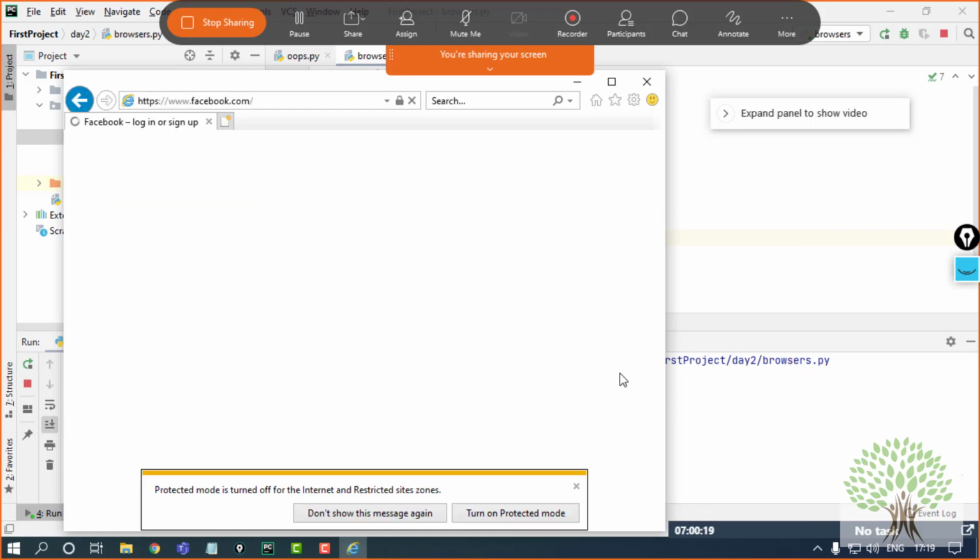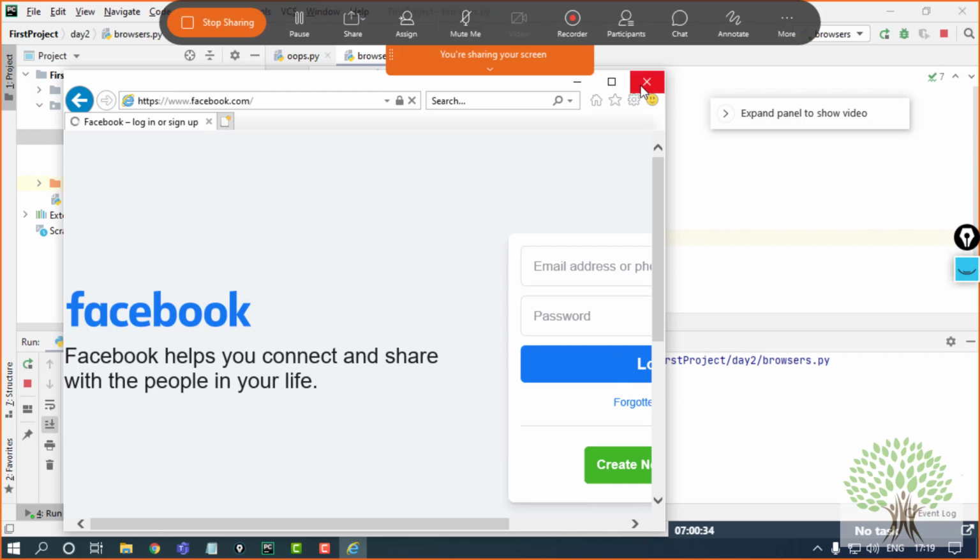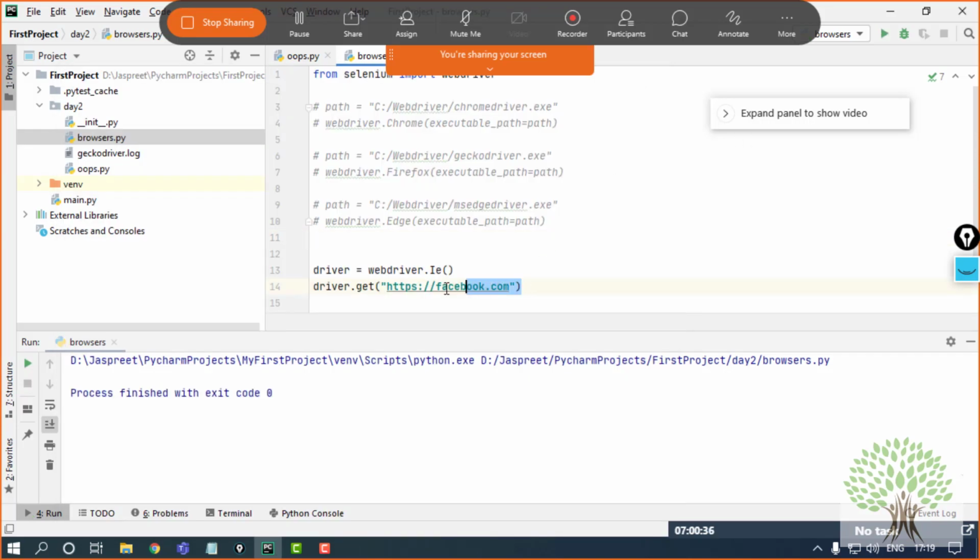The Internet Explorer browser opened up and it is routing me to the facebook.com page, the login page. This way. Fine. So this way you can fire this command on any of the browsers. You can use it on Chrome, Firefox, Edge, anywhere you want.